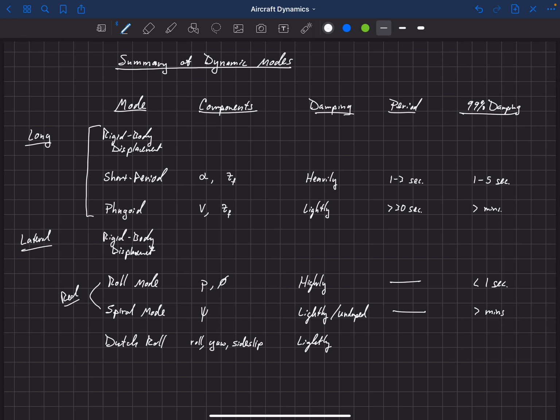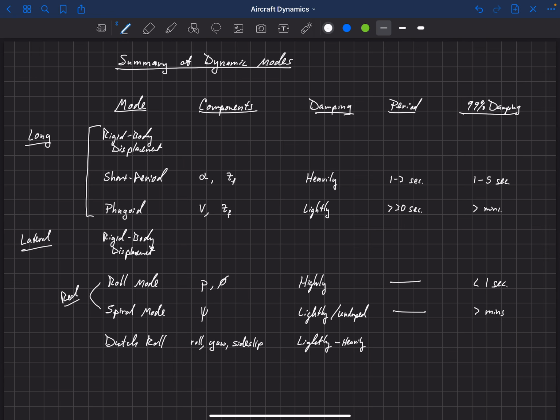And now it can be lightly damped or heavily damped. There's a range of damping here. So I'm actually going to say lightly to heavily, depending on the yaw damping. So of course, if you have a yaw damper on board, then that will be heavily damped. That's taking care of it. But if you don't have a yaw damper on board, just the natural physics of the aircraft are probably going to be closer to the lightly damped.